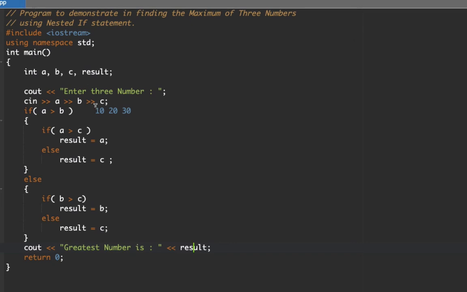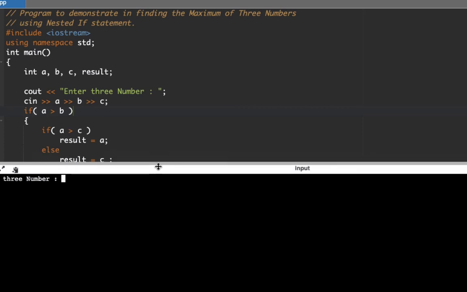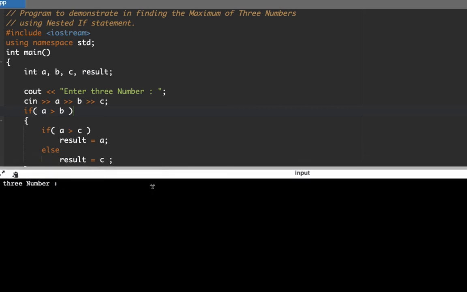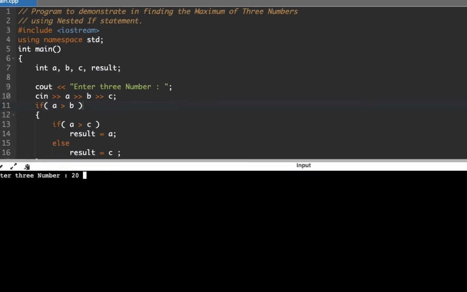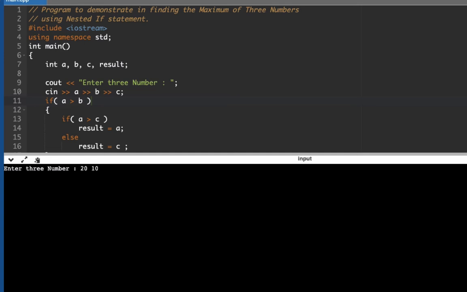So let's run our code. Let's remove this one here. Okay, let's run the code again. So let's evaluate this statement first. For the first number, we have 20, the second number is 10, and the third number is 5. So the largest number here is